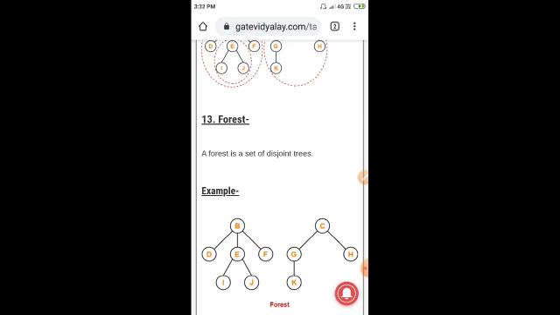A tree is a non-linear structure, and it has some properties. If n nodes are there, n minus 1 edges should be there, and only then can we call the graph a tree. These are the properties of the tree. Then the terminology: what is the root, what is an edge, what is a parent, what is a leaf node, what is the height, what is the depth, and what is the degree. We studied these terminologies in this session. Next we'll see the next concept in the tree.